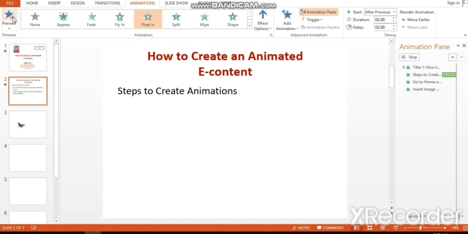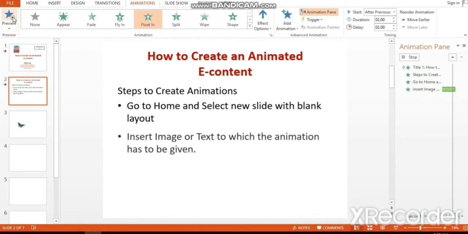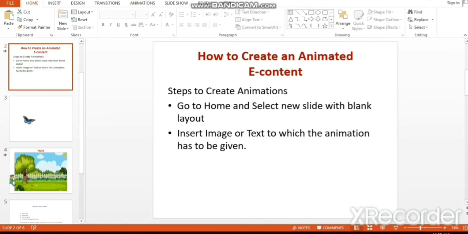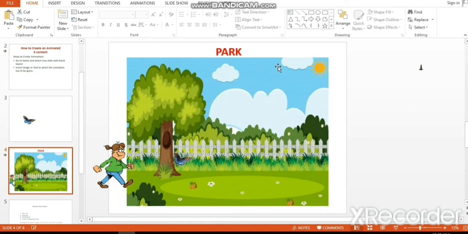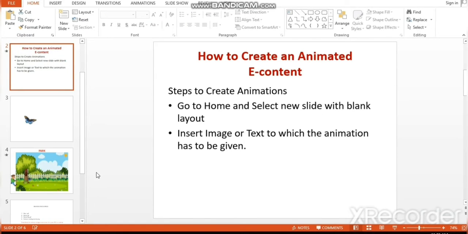Hope you all understood how to give animations to the text. Now I am going to explain how to create an animated scene like this.